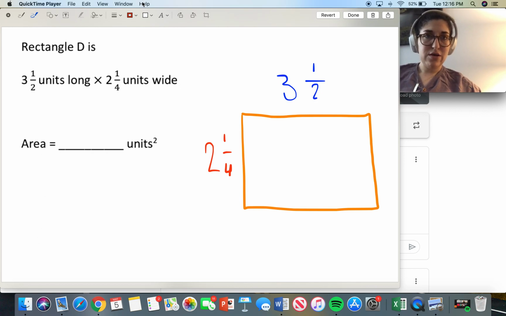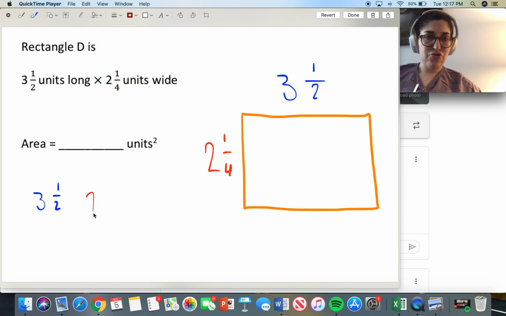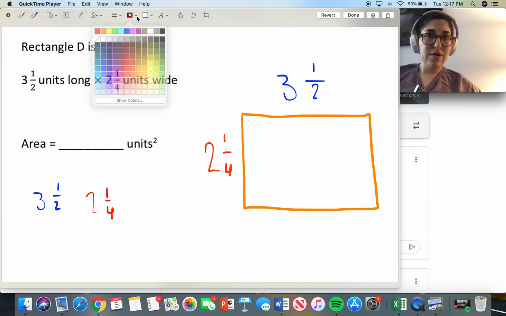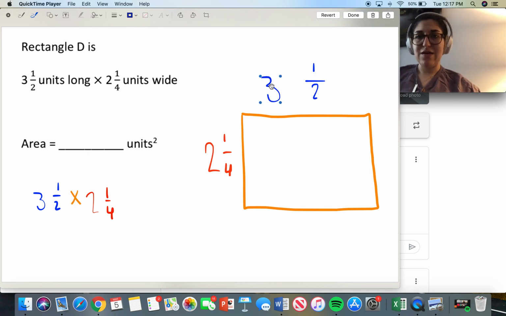Long, I'm going to multiply 3.5 times 2 1/4, right? And what we're going to do is we're actually going to look for the area by taking it and